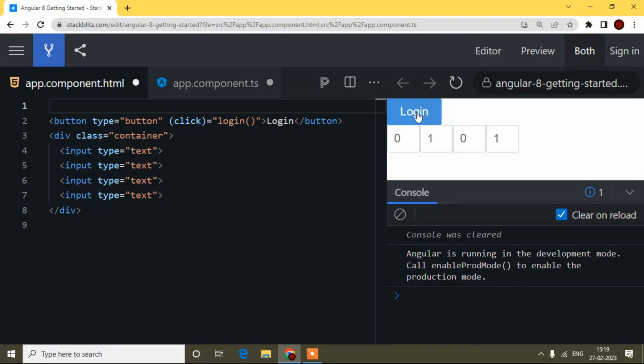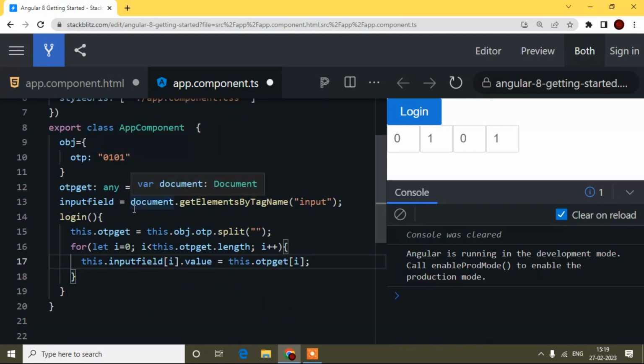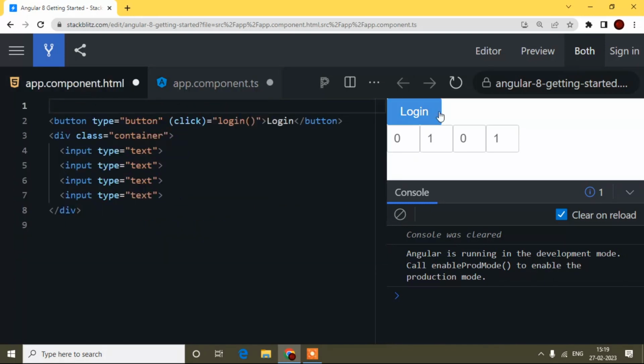Now if I click, see, it's added. When I click the login button, it is added, because it's on the same page. But now the scenario is it can be a new page. When I click the login button, this OTP form will open in a new page. That time it is also very easy. Now this login button is not required. Just suppose I already clicked the login button and I'm coming to this OTP page, so I will remove this one.